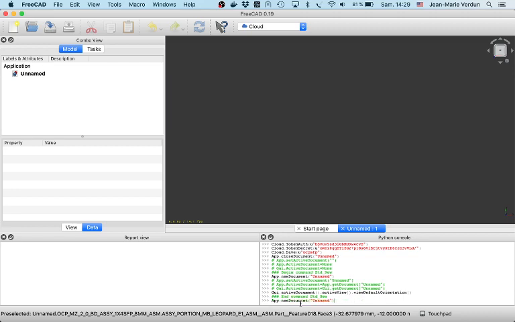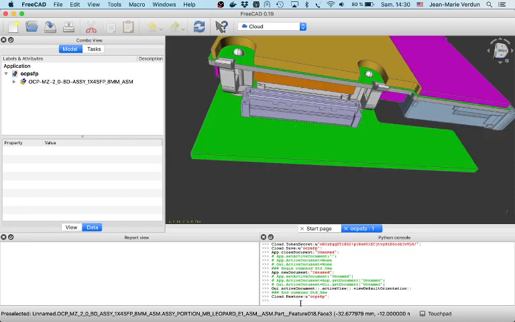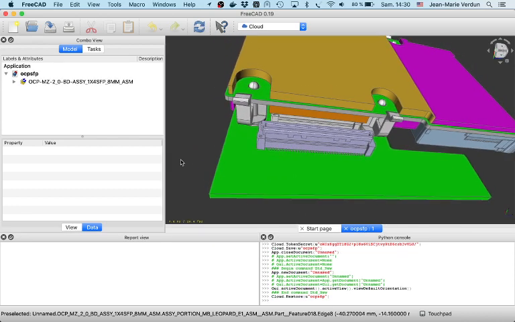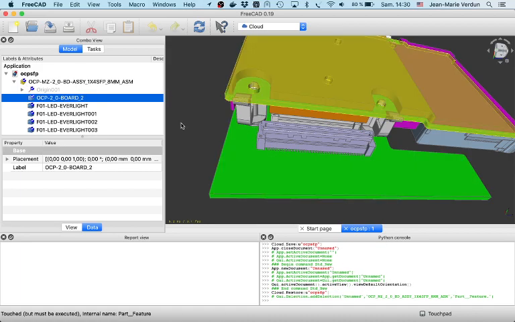So I can keep my previous parameters up and running. Instead of saving it, let's use restore. This is going to request from the CADCloud servers the latest revision which is available, and load it directly into FreeCAD. For the same reason as previously, we have to wait for all the data to come back from the servers. As this is running on a small dual core system, it takes a few seconds to happen. So the model is back, you get the hierarchy tree, you can modify the model, you can enhance it,